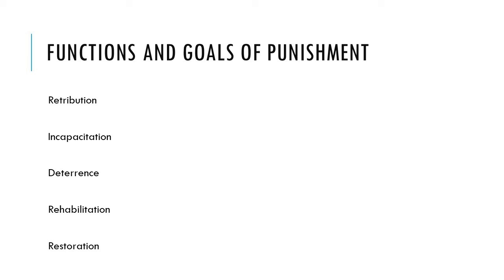Today we're going to be looking at chapter 11 in the text concerning sentencing. There are several functions and goals of punishment and reasons why we sentence people in the criminal justice system. The first, probably oldest kind, the kind that we try to move away from, is retribution, sort of getting even